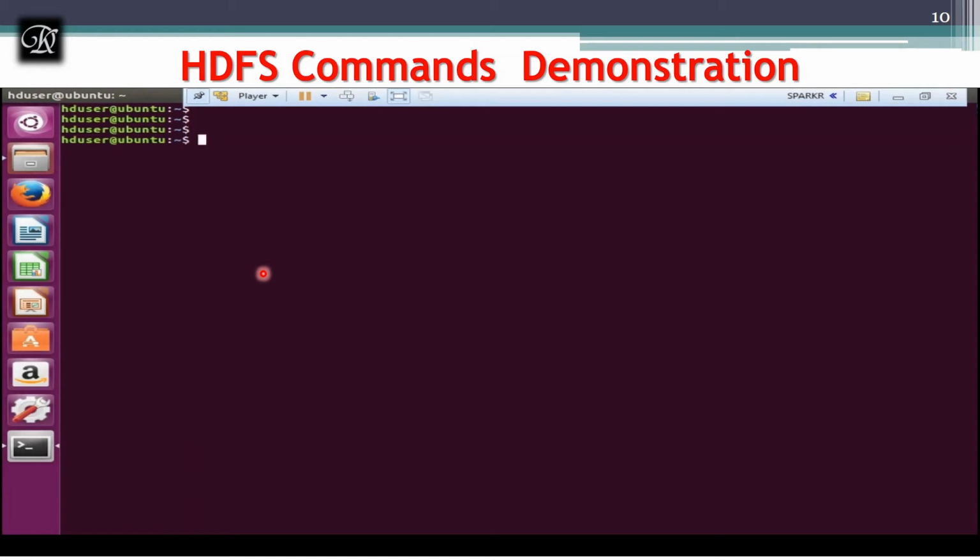So where I went with the terminal, the user I have logged in over here is an HD user. First I'm trying to explain some of the basic Unix commands, where I'll be showing you how to find the present working directory. This is the present working directory I'm going with, which goes with the home/user, because you can have multiple users on your